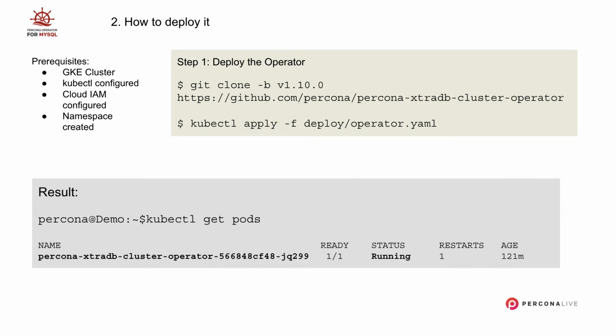Then, as I said, Kubernetes is basically a bunch of Go code and a bunch of YAML files. The operator is that. So you can clone the operator from GitHub, and there you also have all you need to deploy into the cluster. So you clone it from GitHub, you basically deploy the operator file, and then what you expect is that the application is running.